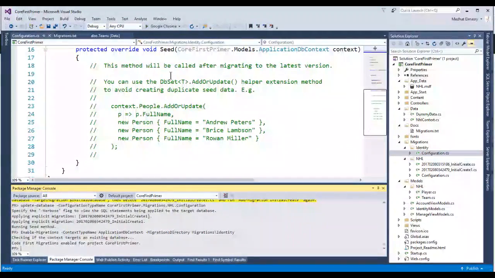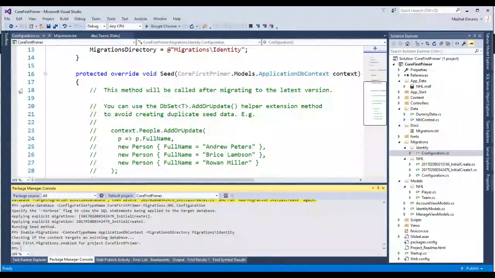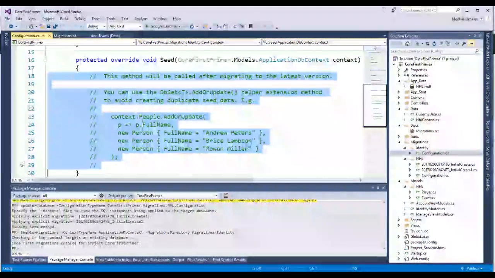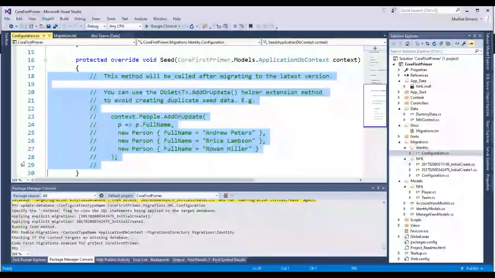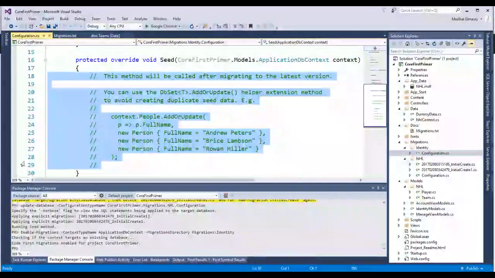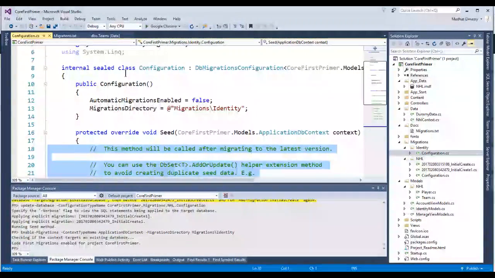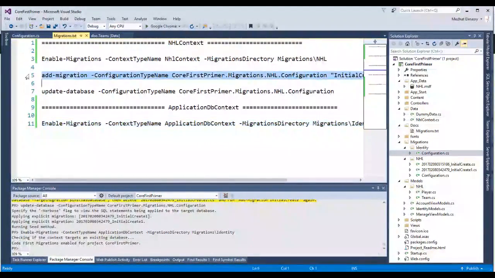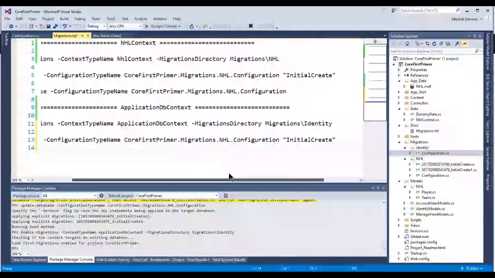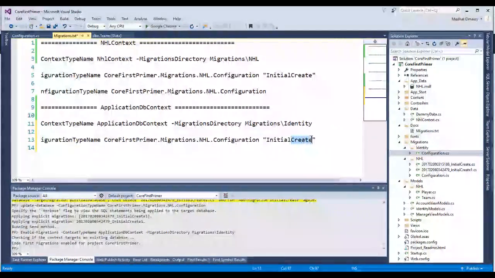By the way, even in this new configuration file, there's a place here where I can actually create users, because this application DB context is really connected to our user management part of the template. This is where you create users and passwords and roles and things like that. So I'm going to do the next step, which is add migration. I'm going to copy this, and I'm going to add a migration, and I'm going to call it initial identity,